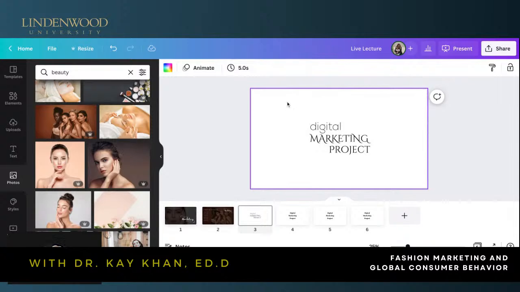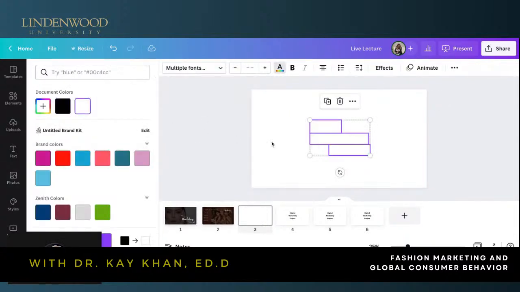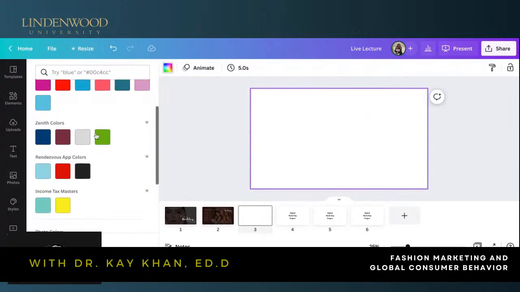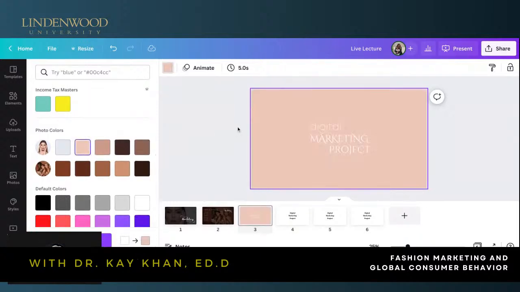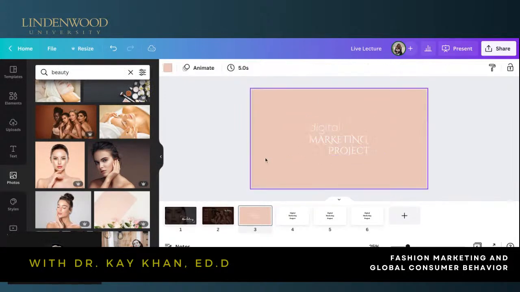All right, cool. So I'm going to change these to white. And then my wedding color, I'm going to go with maybe this taupe or a nude color. And then let me go and find a bride. And you can use video as well.